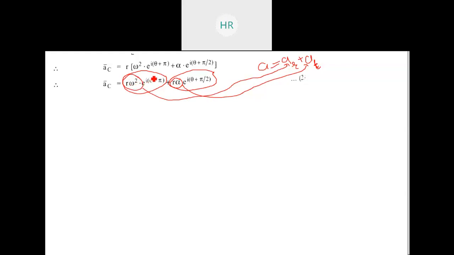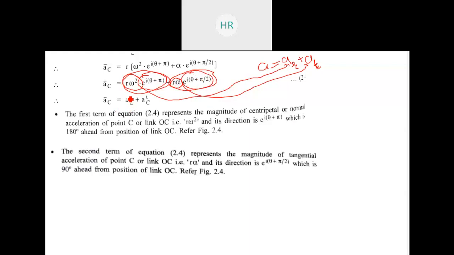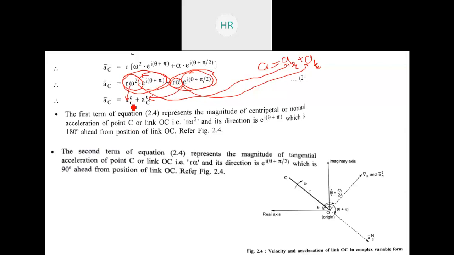અને આ મેગ્નિટ્યુડની બાજુમાં આ જે વસ્તુ છે e raised to I theta plus pi, that is direction. So radial componentની direction કઈ હશે? theta plus pi, and tangential componentની direction theta plus pi by 2. So that is the radial component and tangential component of acceleration. So if you look at this on graph, it will look like this. We are having real axis, imaginary axis. આ જે છે તે આપણો પોઝિશન વેક્ટર છે,